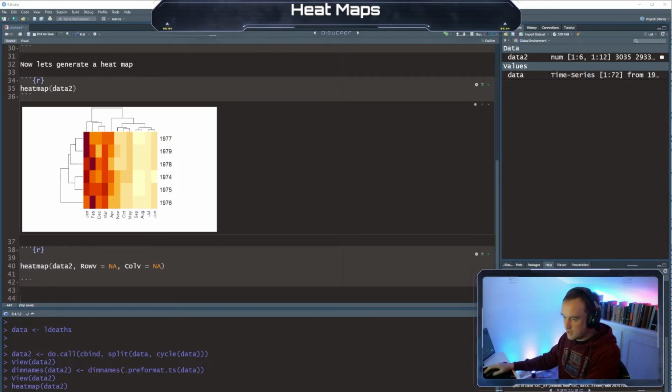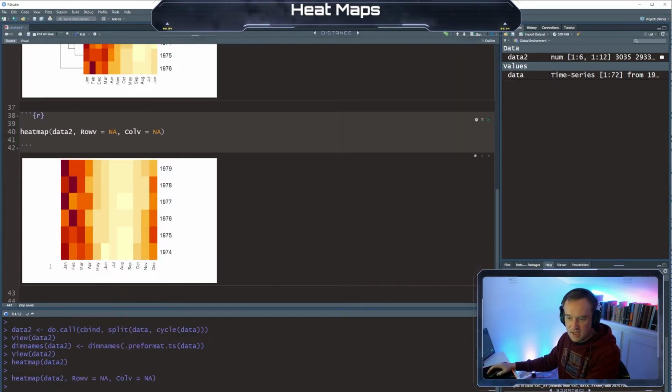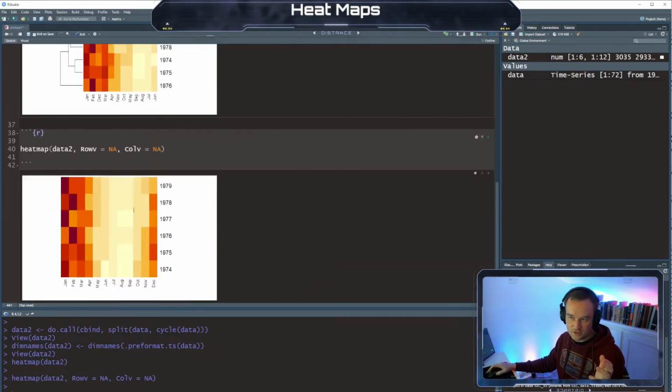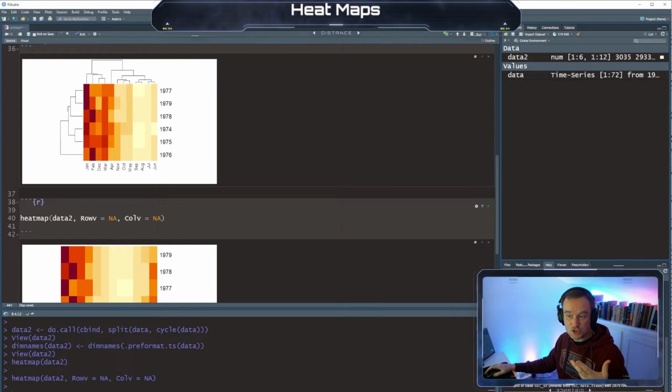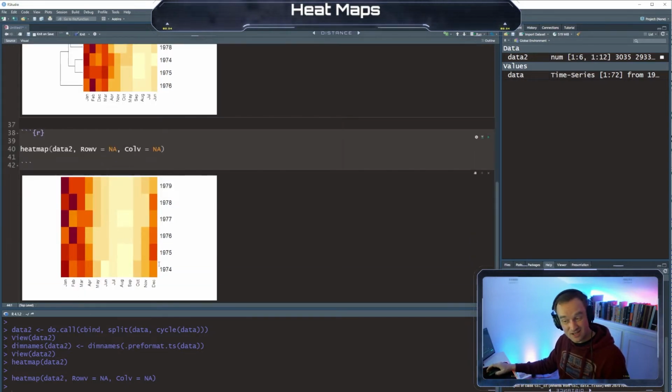Okay, so let's run this one, and I believe now you see that we have our order restored. So if you compare the two, there's no dendrogram to show us clustering, right? We have natural clustering, although December, the cold months kind of span across here. But you can kind of see this better from the calendar perspective, where I was making my guess